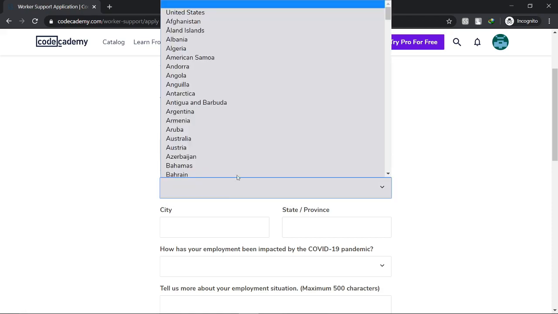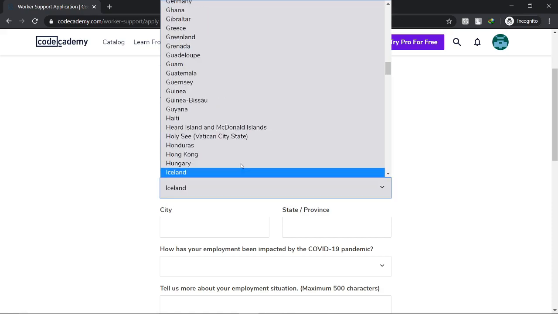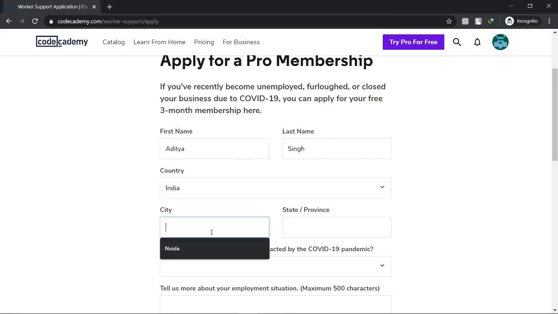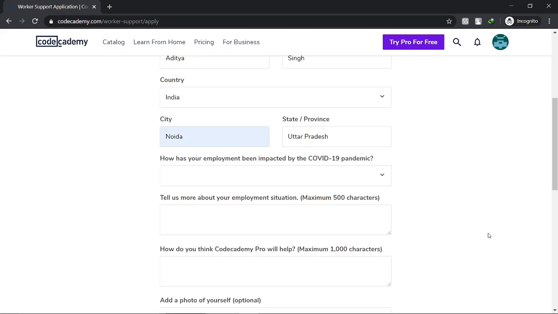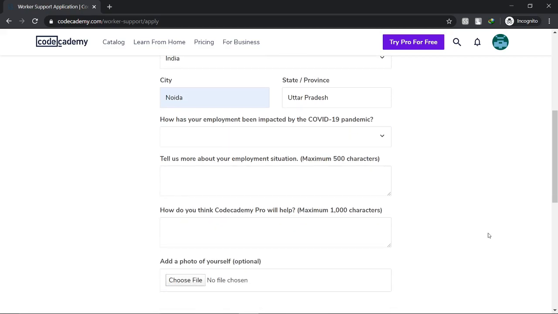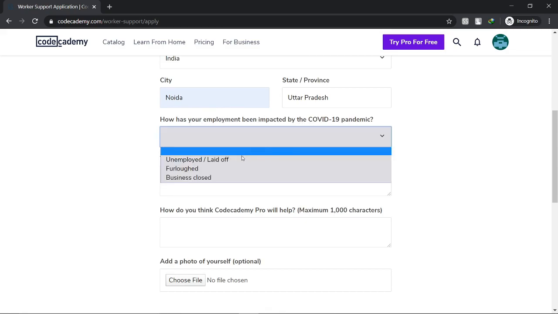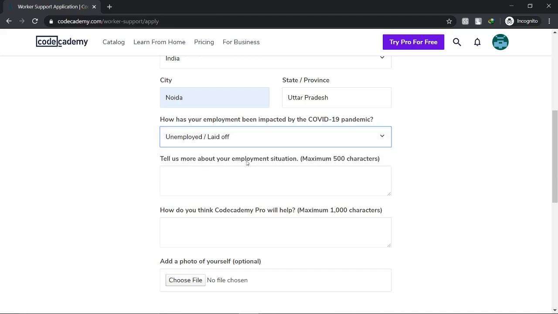Here you have to select your country, so I'll just select mine. And in the city section you have to select your city. So after selecting your city and state, they will ask you has your employment been impacted by COVID-19 pandemic, and you have to select unemployed or laid off there, and then they will ask you tell us more about your